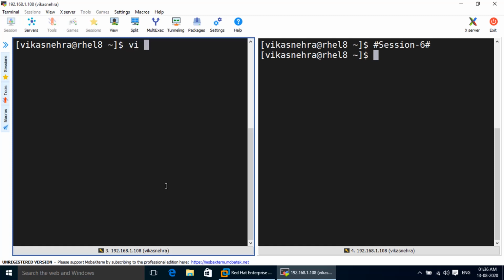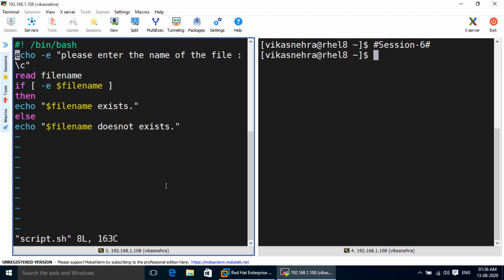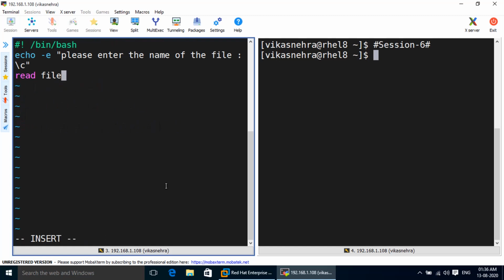So let me open the script file in the VI editor here and let me remove everything from this file. We are going to use the file test operators. So let me use the echo hyphen e option to keep the cursor in the same line.